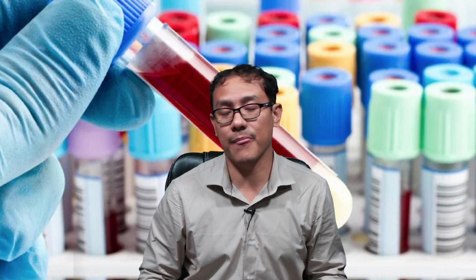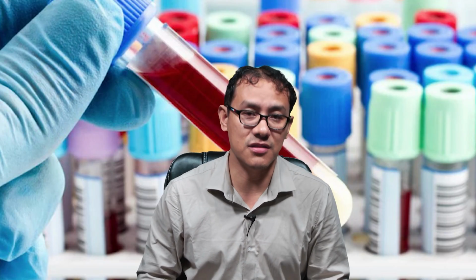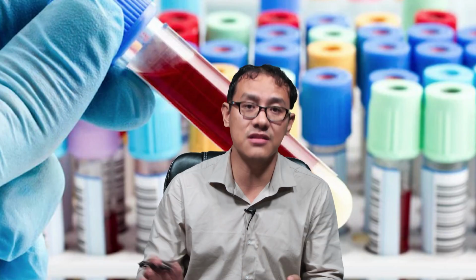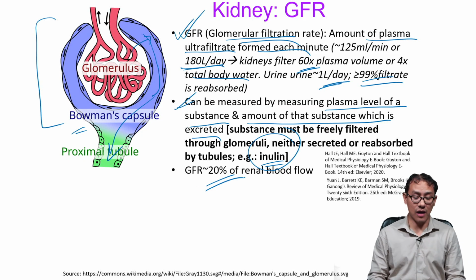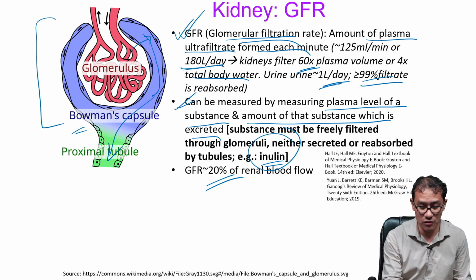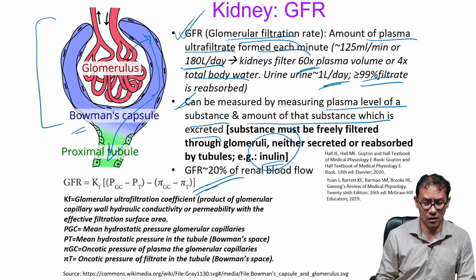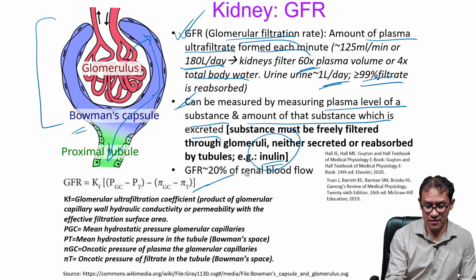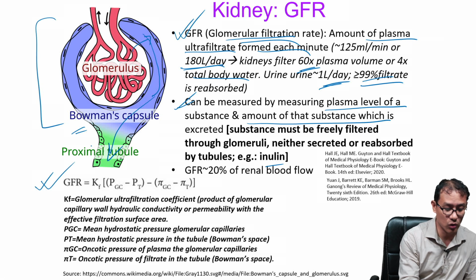By measuring its concentration in the blood and in the urine, we can predict the GFR, glomerular filtration rate, the functioning of the kidney. The kidney, like I have already told you, has a GFR of about 180 liters per day. It is approximately equal to 20% of the renal blood flow. 20% of the renal blood flow happens, and this process of filtration follows the rule like we have